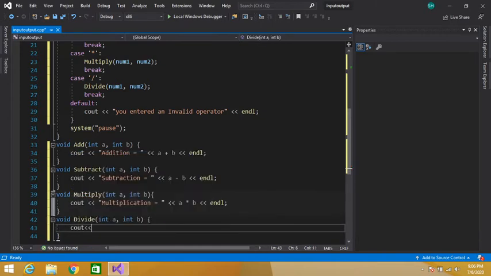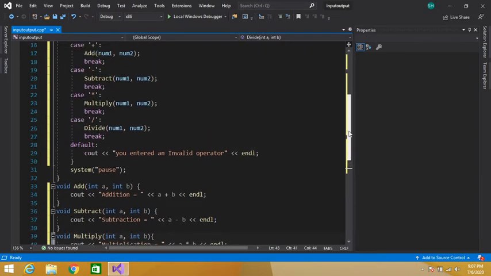Cout "division", A divided by B, insertion operator, end of line. So far so good. So this is our simple program for a calculator in C++ language.